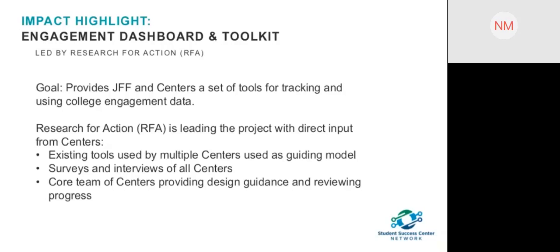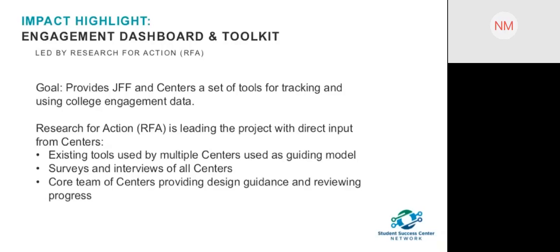We're trying to avoid saying it's the final launch of the dashboard, because we made sure that there will be some opportunity for those who haven't been able to participate as part of the advisory board in the development of the tool from the centers to provide some input. So there are still going to be opportunities for offering suggestions for improving the tool. And yes, you will get to see it at the meeting in January.